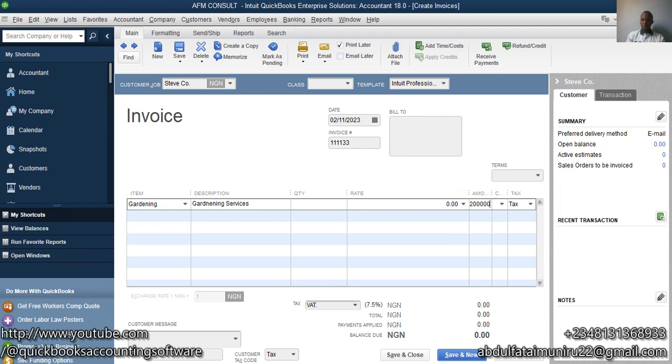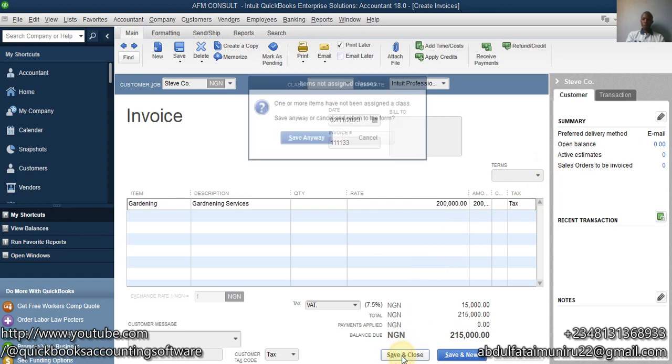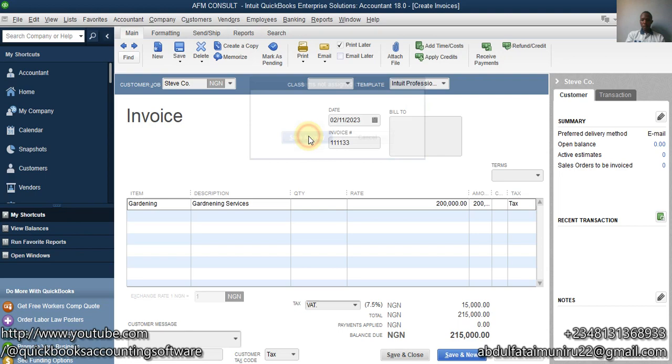200,000 naira. Okay, 200,000 naira. So you can see now they've computed 7.5% to arrive at 15,000. So our total invoice amount is 215,000. Okay, we're going to hit save and close. Save anyway. Okay,